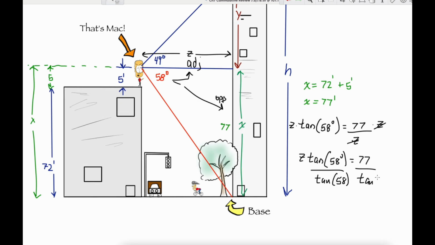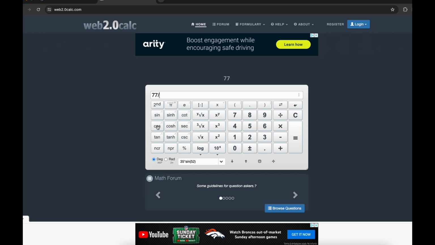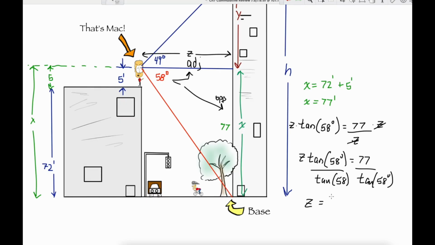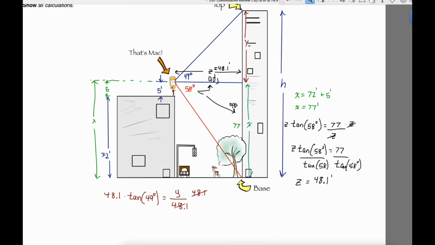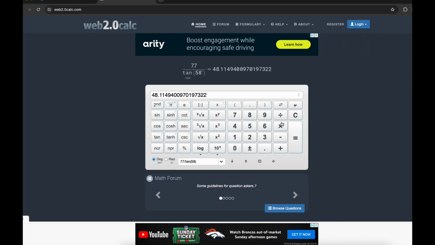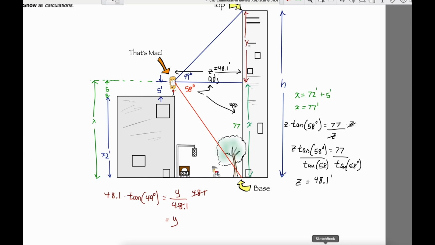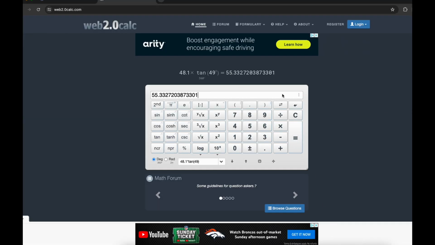We have to go to the calculator now and do 77 divided by the tangent of 58, and that's 48.1 feet. And now I can use the tangent once again to find side y, because I have the angle and the adjacent leg. So I'm going to write my tangent 49 equals y over 48.1, multiply 48.1 to both sides, put it in my calculator, and this should give me y,